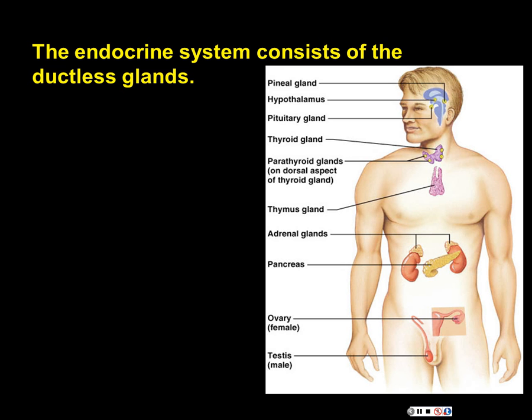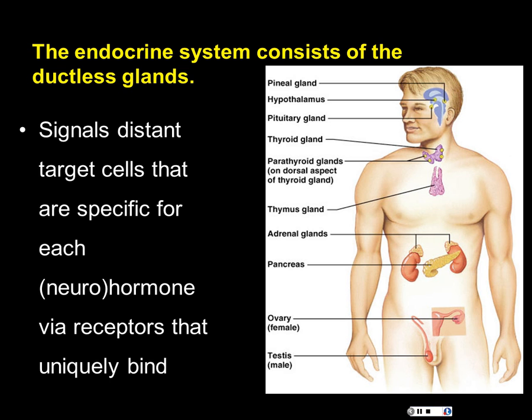What we learned is that when our glands develop, the duct stops growing, and so they have these little secreting cells, but they're highly vascularized. And so what they do is they release hormones into the circulatory system. If we look at where some of our glands are located, as I mentioned, we saw some